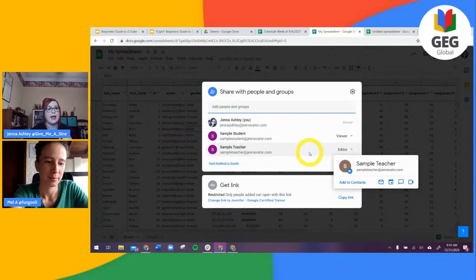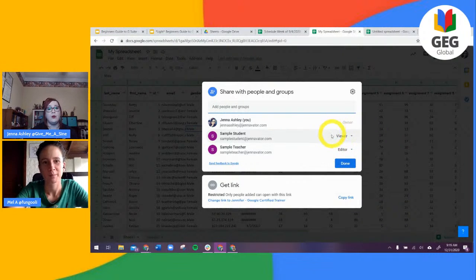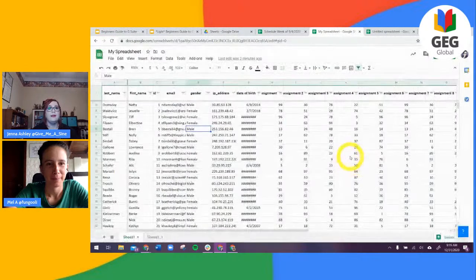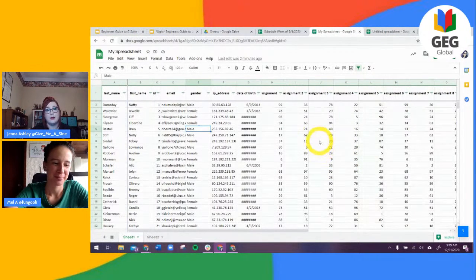But say this was a data sheet I wanted to give my students, or somebody who didn't need to be able to make changes to it. They just need to be able to look at the data, or I want them to only be able to make their own copy and leave mine alone. I can give them viewer access so that they can't change anything, but they can go look at it, or they can make their own copy. Giving someone editor access does come with some worry that people might mess up your sheet, whether by accident or